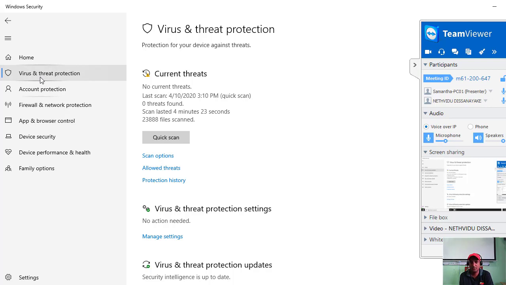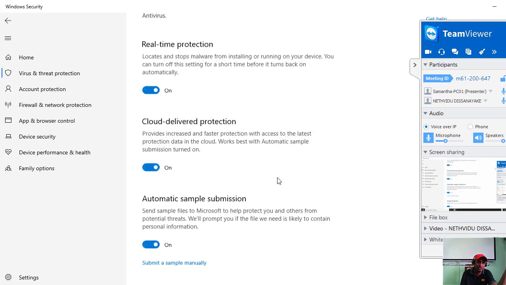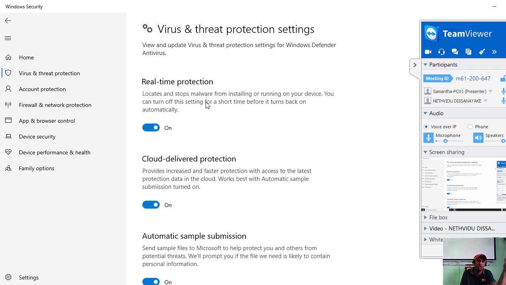So what does it mean? This is a software tool embedded into the Windows 10 operating system. You can see the features, real-time protection. That means it locates and stops malware from installing and running on your device. You can turn it off. So this is real-time protection.